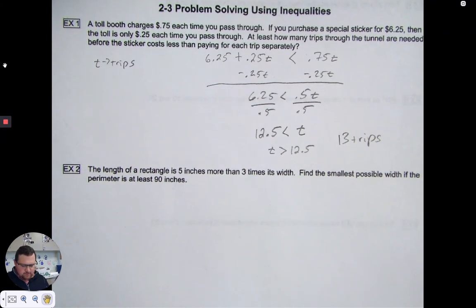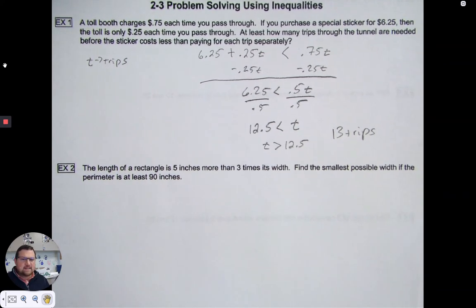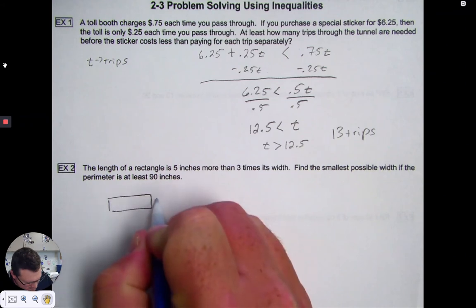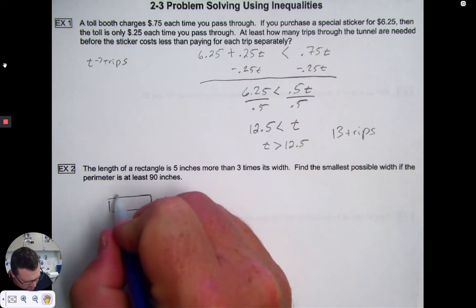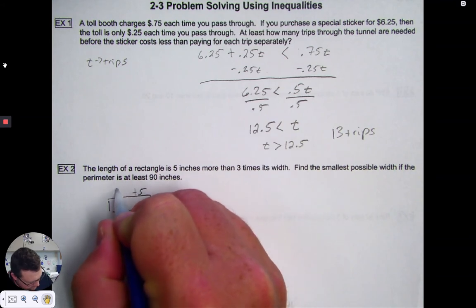Okay, for number 2, it says the length of the rectangle is 5 inches more than 3 times its width. Find the smallest possible width if the perimeter is at least 90 inches. So the first thing I always do on these is draw a picture. So let's draw our picture. Right, we have this width, and then we have that the length is 5 more, so plus 5, than 3